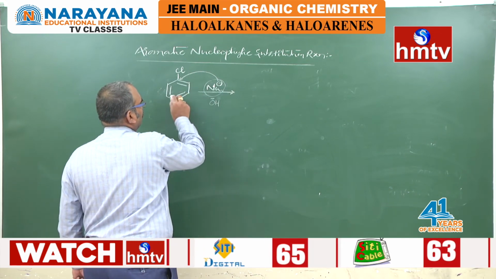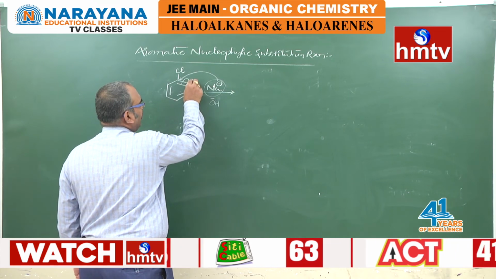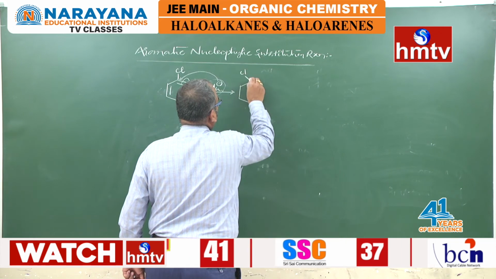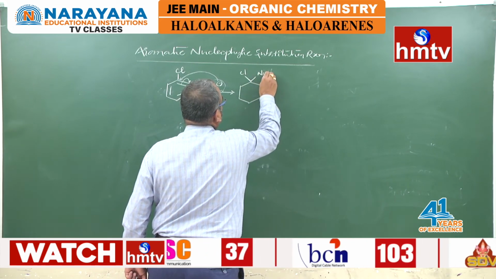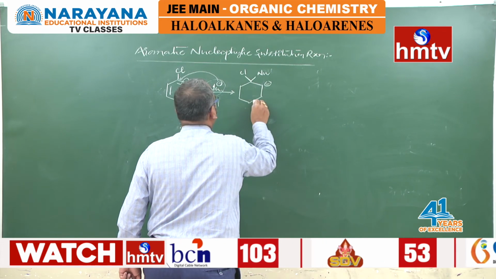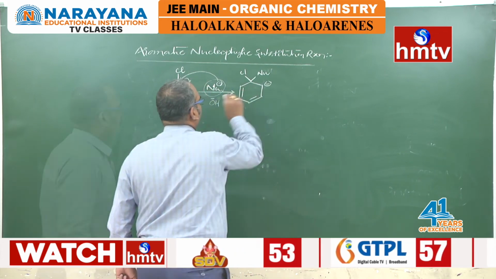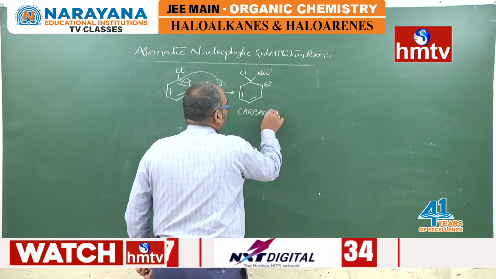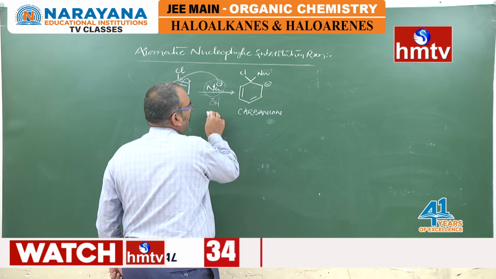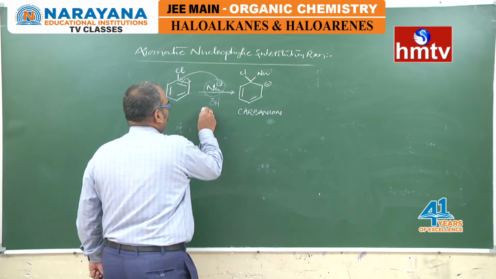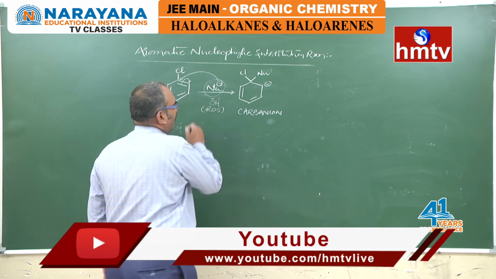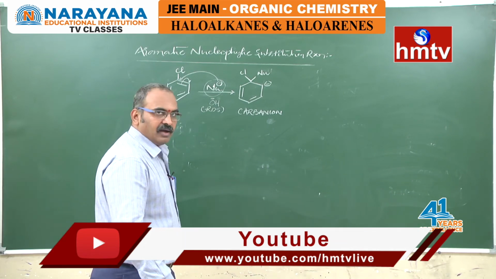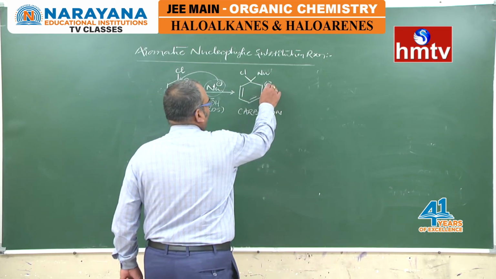Nu minus is a nucleophile like OH minus or C2H5O minus. When any nucleophile approaches, the pi electrons are displaced away and give you this structure: this is chlorine, this is the incoming nucleophile, this is the negative charge, and these are the double bonds. Now, this is the carbanion which is formed in the slowest step, the RDS. A more stable carbanion formed always gives more yield, and the rate of reaction is also more.